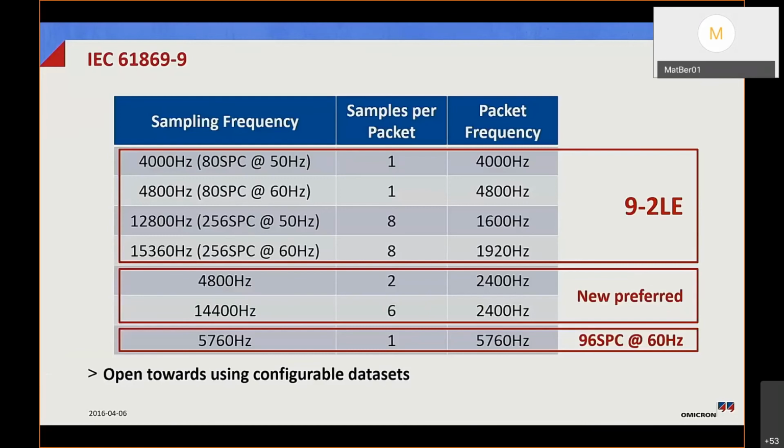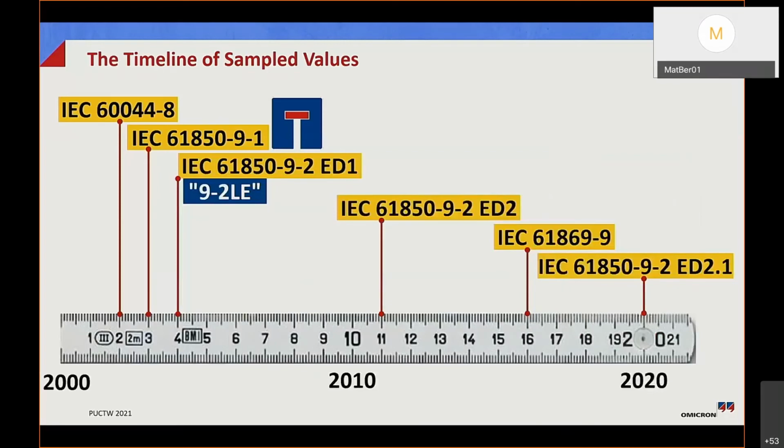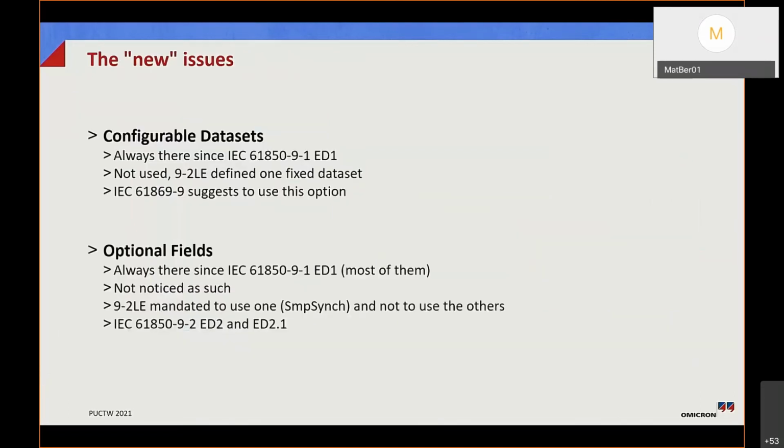Also, it started off with the 9.2 LE dataset, but this is something that we will come back to later on. And not so long ago, last year, we then had edition 2.1 of 9-2, and this brought also some things that have an impact on what will happen, hopefully, in the future. So the new issues that we have now are the configurable datasets, and actually